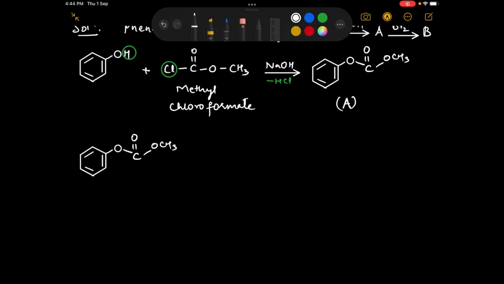Let's number the oxygen atoms here. This is the oxygen atom number 1 and this is the oxygen atom number 2. Now the oxygen atom number 1 is the only one which is available to the ring. So to this ring, the lone pairs of oxygen atom number 1 are available,